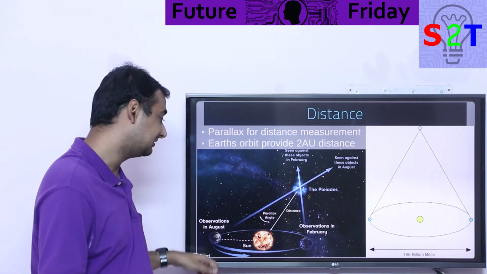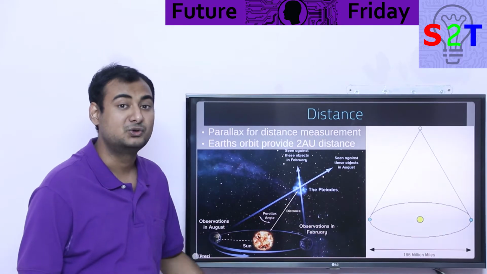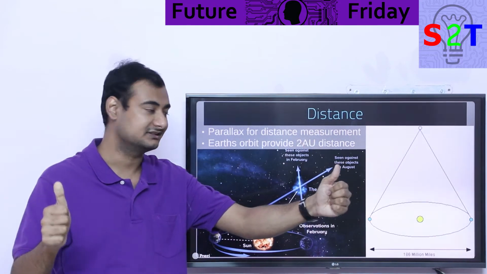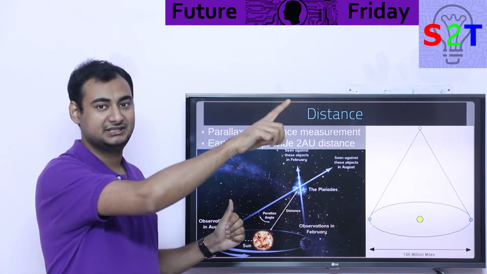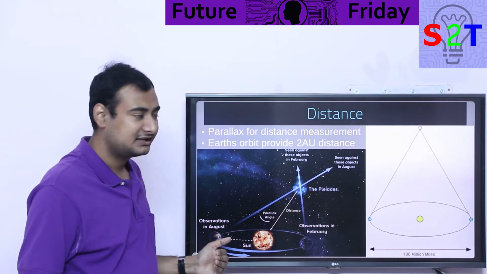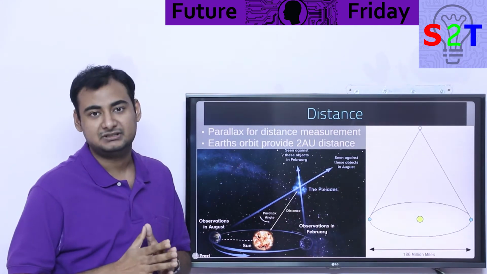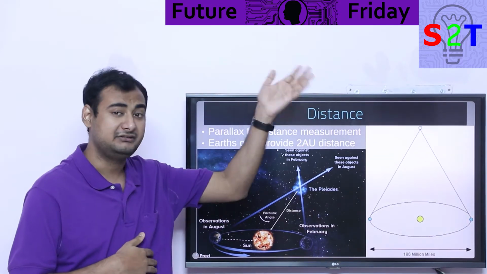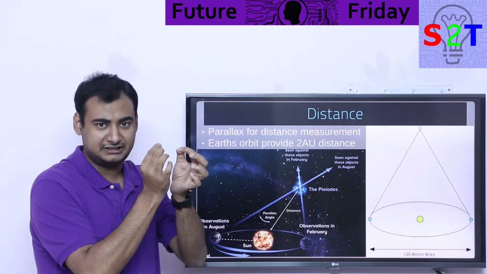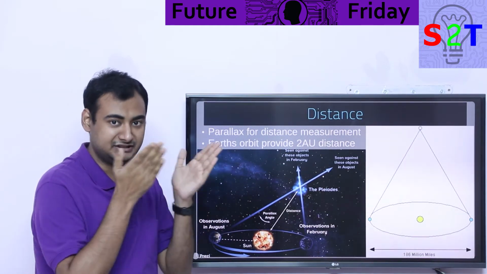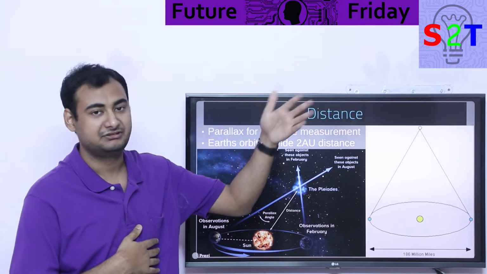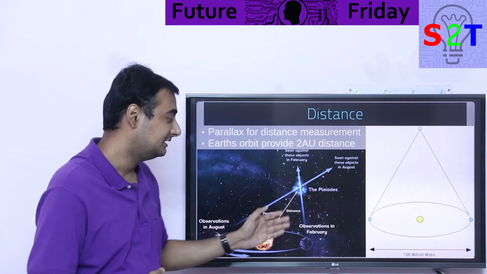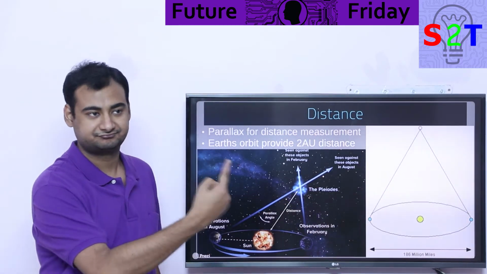What happens when you go from August to February? You are talking about 14 light minutes apart. That's a huge distance. At that point, stars start to go from left to right, left to right. And utilizing this parallax effect, we can calculate with quite high reliability how far the stars are. In earlier days we could not calculate for very far stars, because the further they go, the less the parallax becomes. So we needed modern instruments to calculate something like 50 million light years. You need better equipment for that. So that's how we calculate the distance. Basically we utilize Earth's orbit.